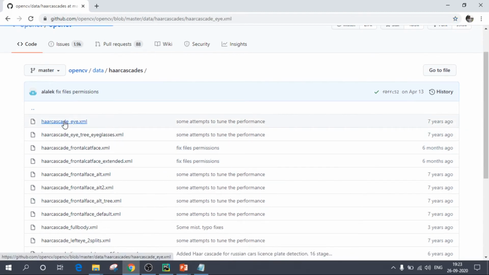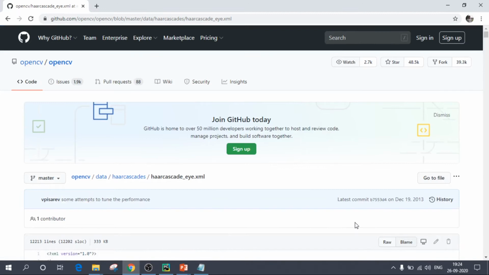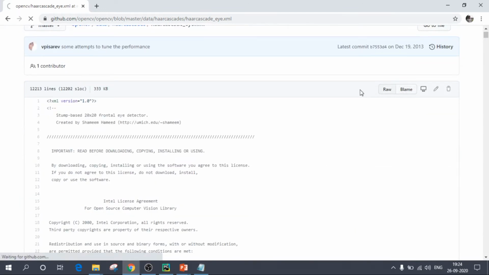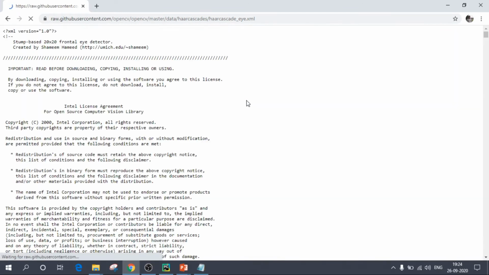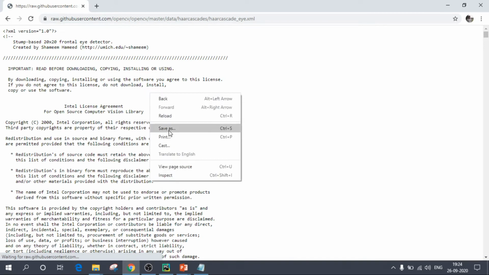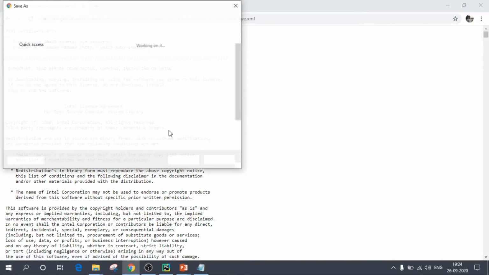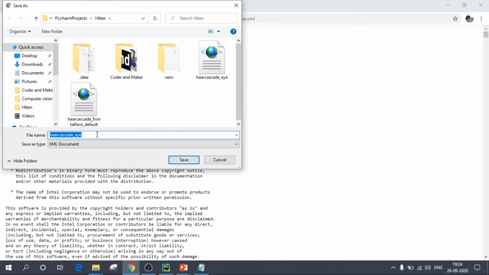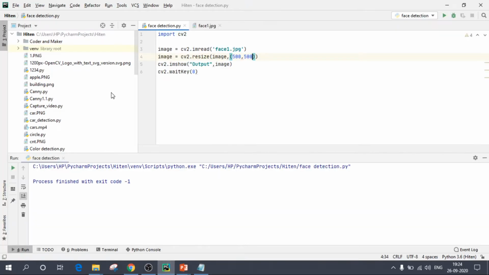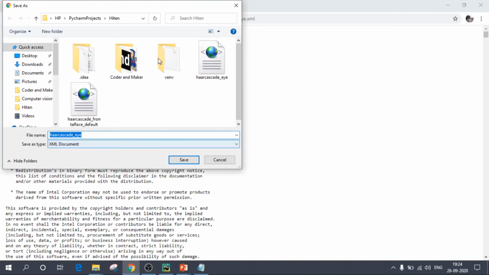What you need to do is click on haarcascade_eye.xml, click on raw, and right click, save as. Now remember one thing, your XML or Haar cascade file should be in the same folder where your program is. It means it should be in this location over here in PyCharm. Similarly you will download this.